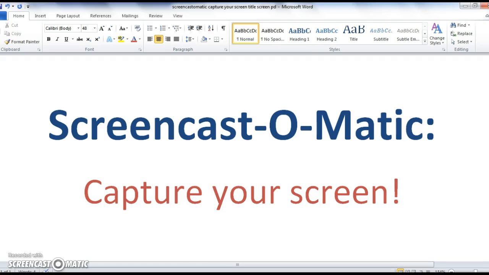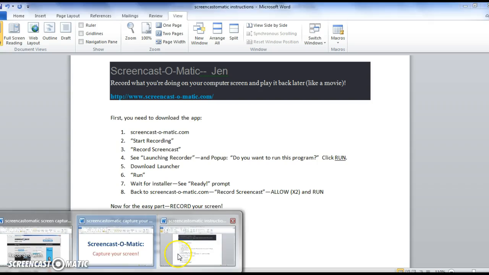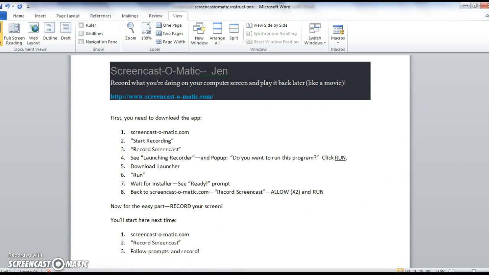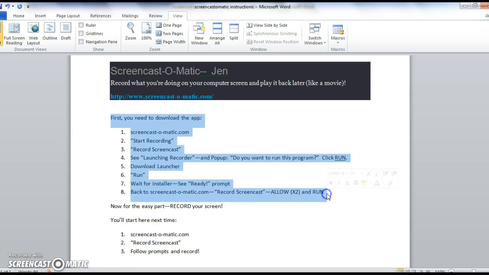So first I have just this splash screen, but let me go over to the paper that I'll be handing out to you today. This is the Screencast-O-Matic paper, and it gives you instructions. The first day that you use Screencast-O-Matic will be the toughest. The quickest will be later on. So first you need to download the application, and I'll show you kind of a screen capture of what that